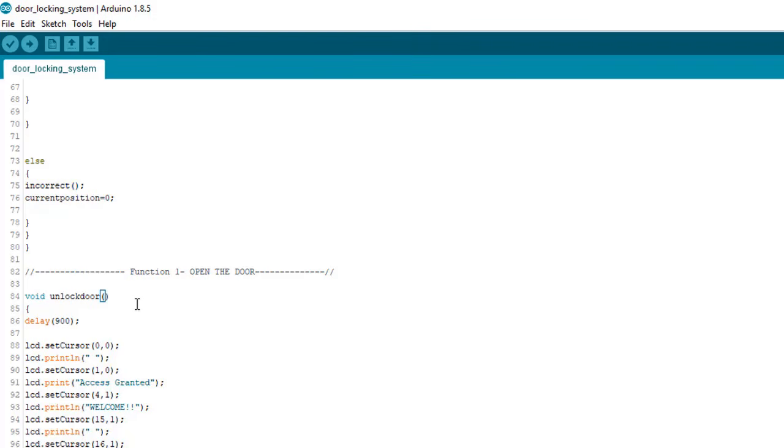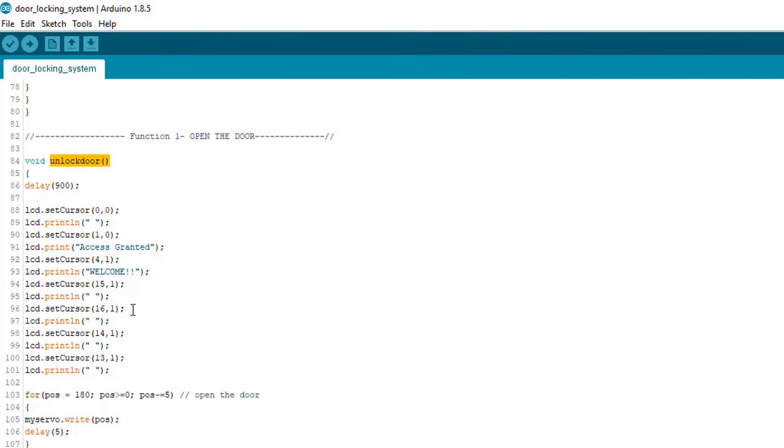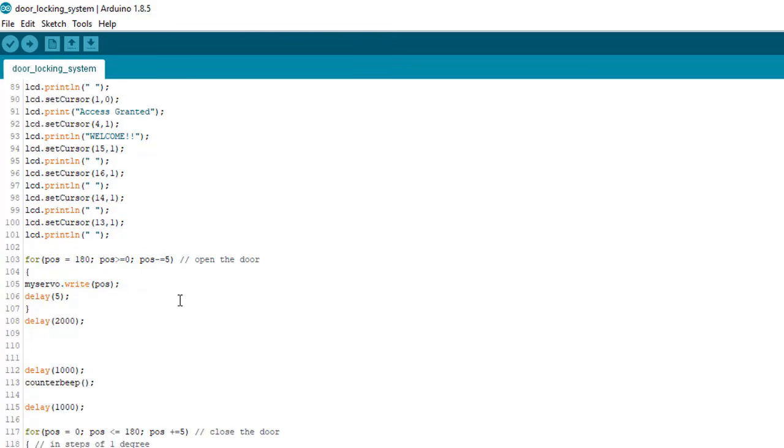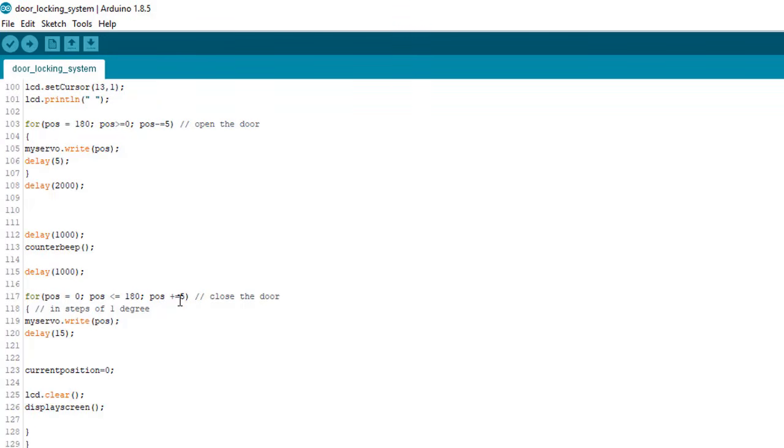Now let's check out the functions one by one. First is for opening the door. As I mentioned before, when the password is correct, the unlock function will be called. What this does is it will display access granted and welcome on the LCD display, and it will turn on the servo motor in a clockwise direction.